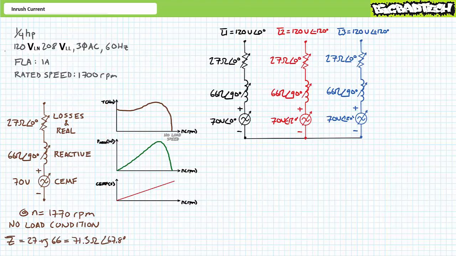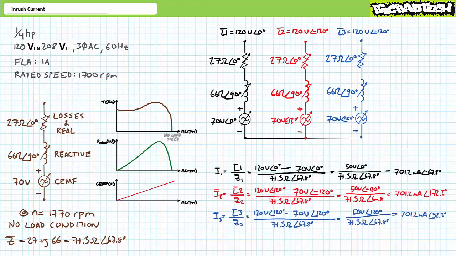The total impedance presented by each winding is a series combination of these elements with a value of roughly 71.3 ohms at an angle of 67.8 degrees. With 120 volts pushing in one direction and 70 volts in another, each winding would experience a 50 volt differential. An application of Ohm's law demonstrates each winding would draw roughly 701.2 milliamperes, lagging each phase by a relative 67.8